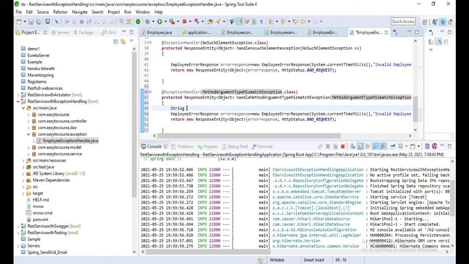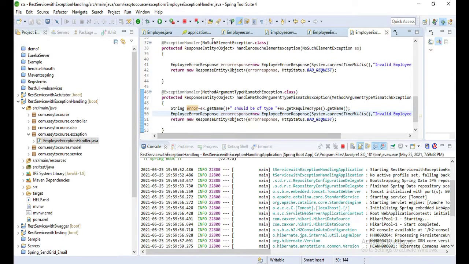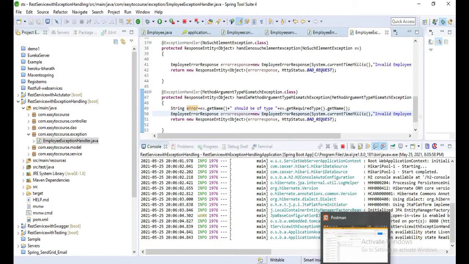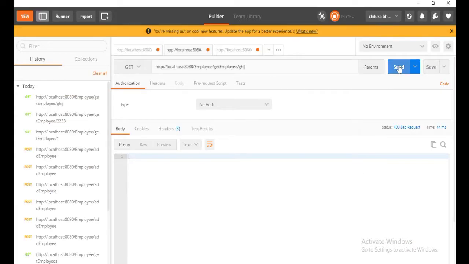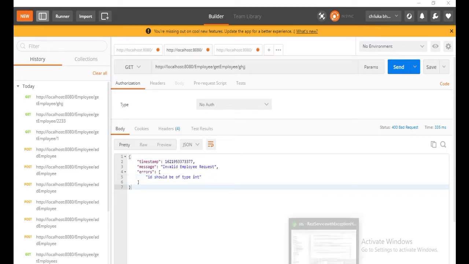In the same way, I will create some error message: error.getName should be of type exception.getRequiredType.getName. Okay, this is the error message we want to pass. Relaunch, open Postman. Now let's check that one. Yeah, we got id should be of type int, so that the user can confirm that we need to pass an integer value only.